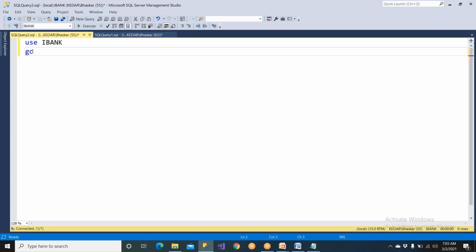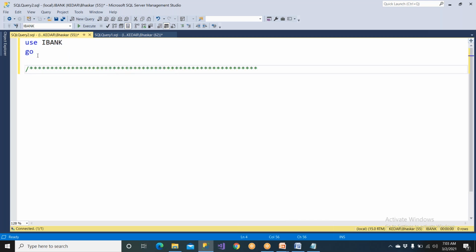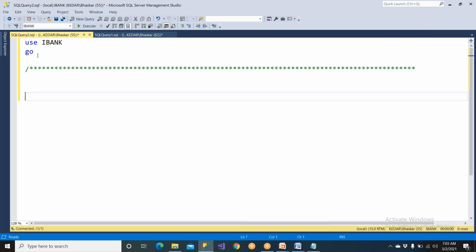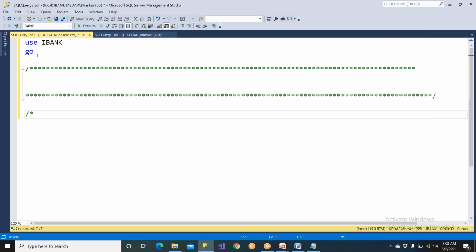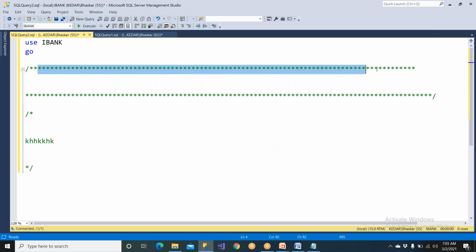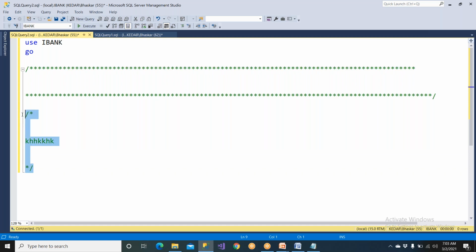Am I clear? So make sure that whenever you create a query, whenever you write a stored procedure, whenever you create a view, the first statement is this. Remember, clear? And later you need to write your complete comments. Okay, so this is a commenting style, right? Multi-line commenting style is this actually. You can write a lot of things and close like this. But normally people put a lot of lines